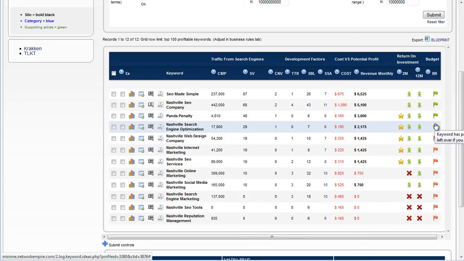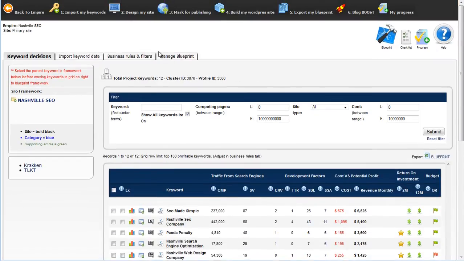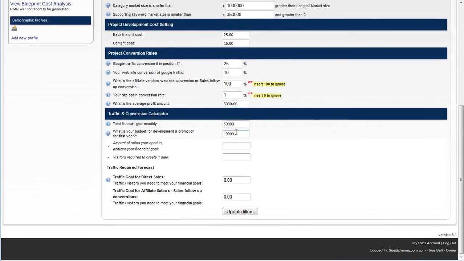So I'm looking at needing basically 20 times more traffic than what's being recorded here in order to make these keywords worthwhile, at least for the way that I scoped out my business rules, right?